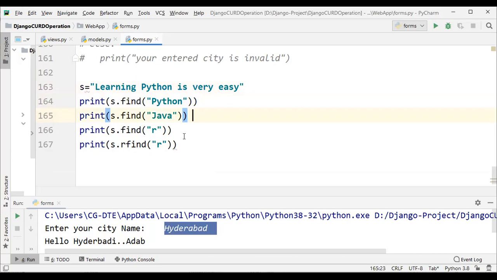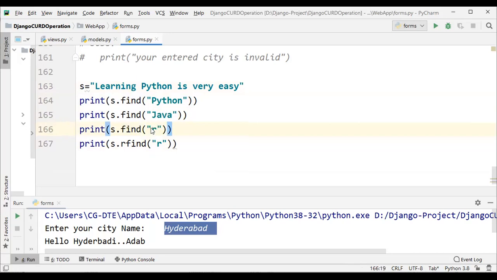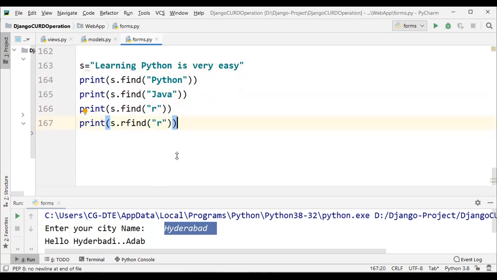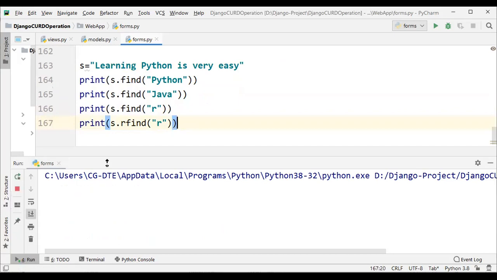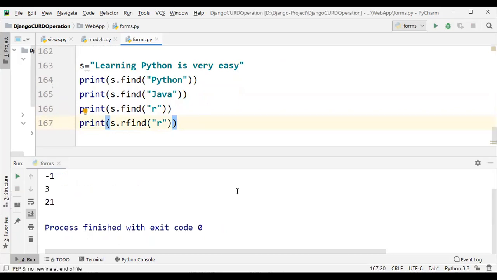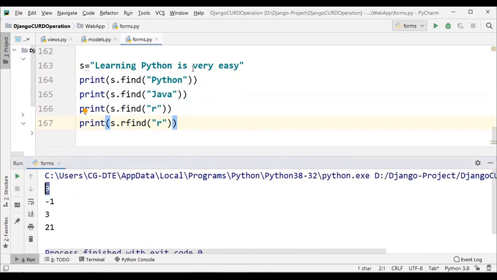Okay. Print s find of r, that is, only single characters. Find the substrings, only single characters. So r is at 1 and 2, two positions. How is the output 9?